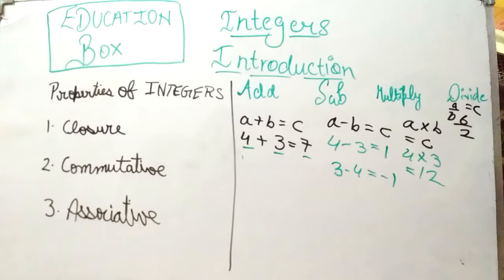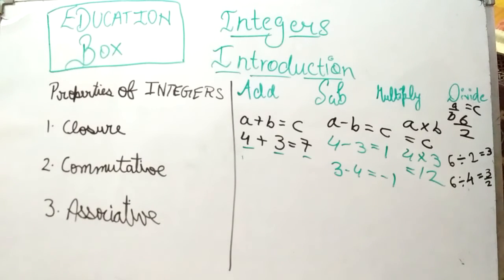We can write the numbers in p upon q form, or we can also write 6 divided by 2. Now when we divide both these numbers, our answer can be an integer or it can be a rational number. Like if we divide these numbers, our answer is equal to 3. But what happens if we divide this number by 4? Our answer will be 3 upon 2 and it is not an integer. So we can conclude that in the closure property of division, the numbers can be closed or not.